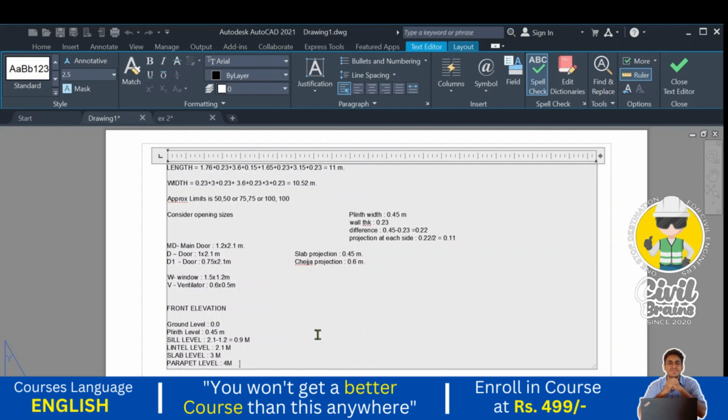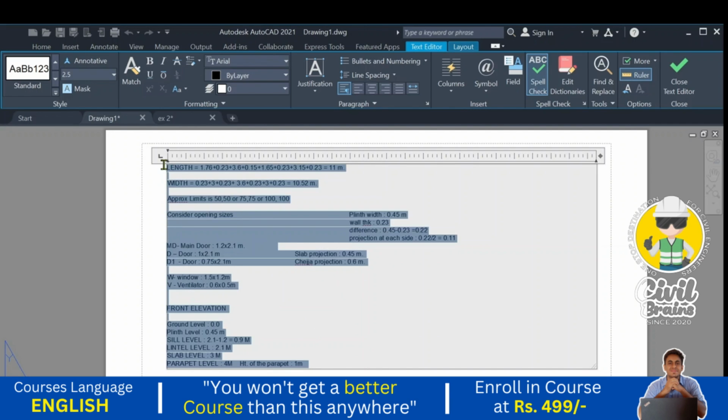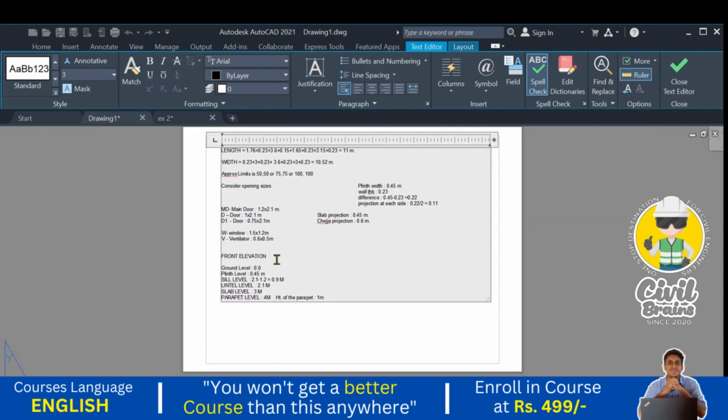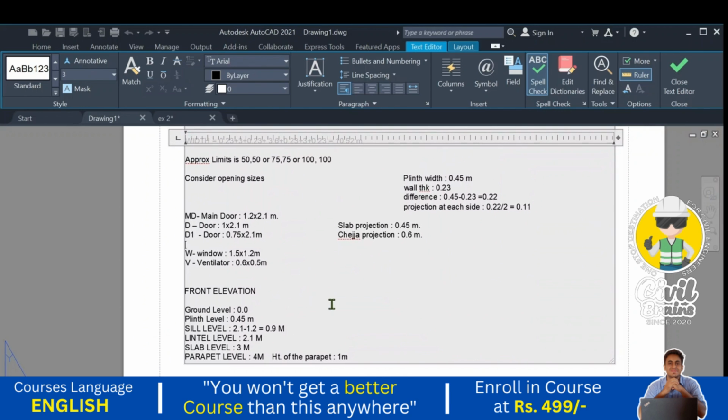I just write here, height of the parapet, height of the parapet 1 meter. Is it clearly visible? Okay, height of the parapet we can consider 1 meter. Okay, these are the ground levels. So now first we need to mark